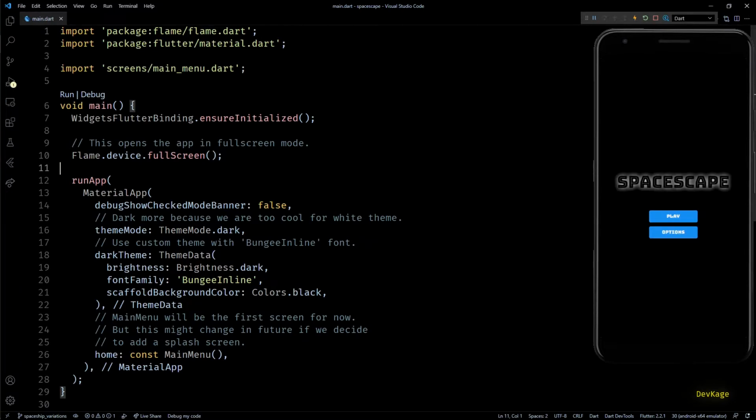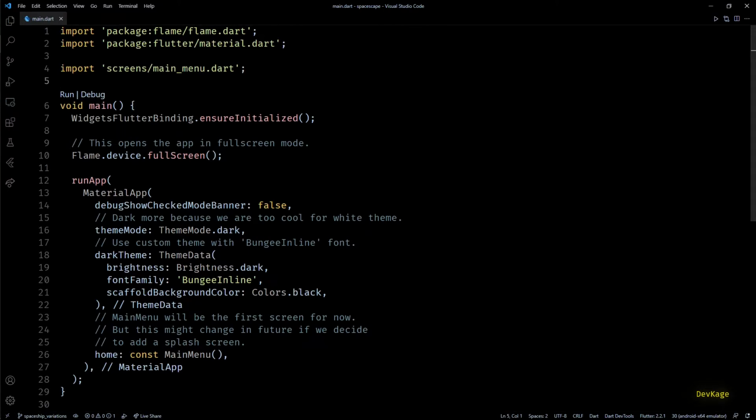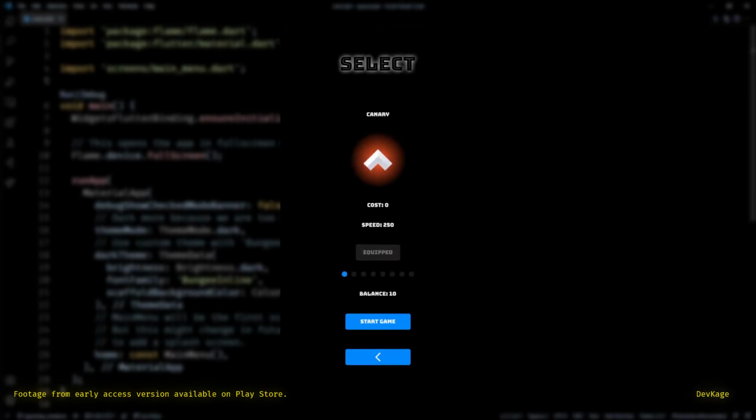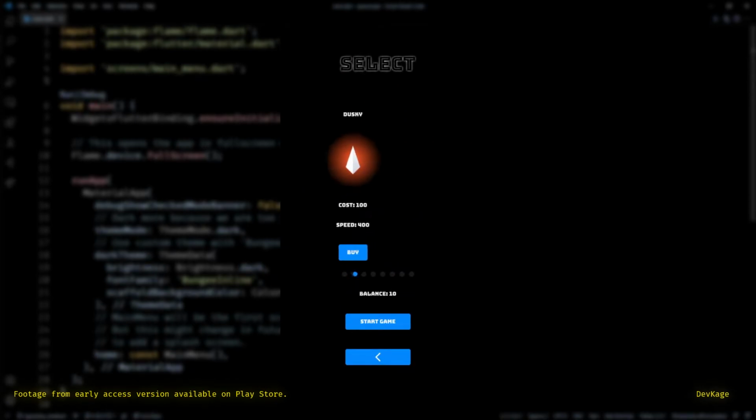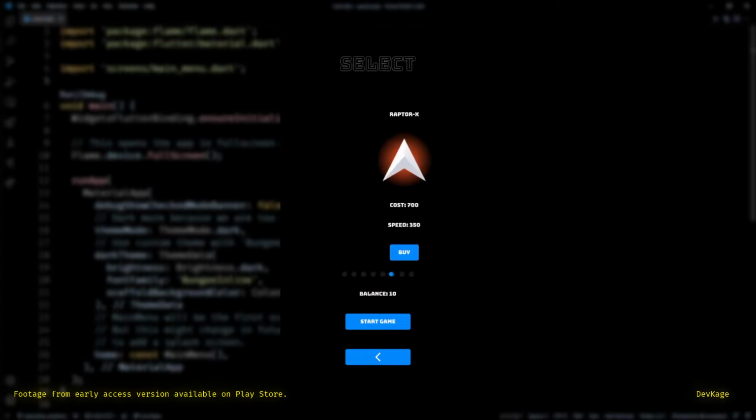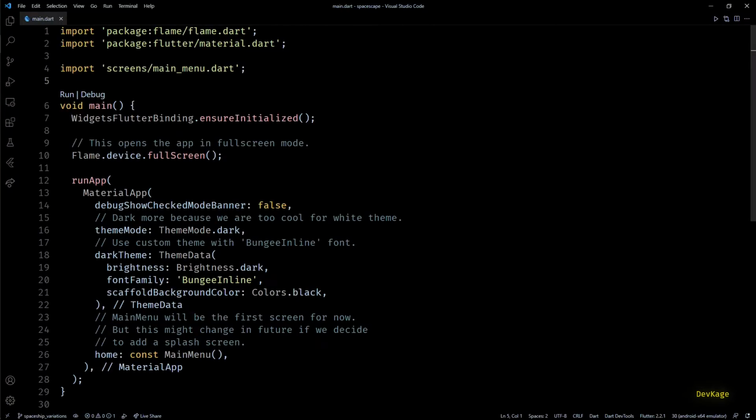Now, so far, we have only a single type of player spaceship and single type of enemy spaceship in this game, which is not fun. So to make things interesting for players, I would like to provide multiple options for player spaceship and multiple types of enemy. And this video will be the first step towards achieving that goal. The actual spaceship selection menu will be added later, but in this video, we'll do all the groundwork needed to